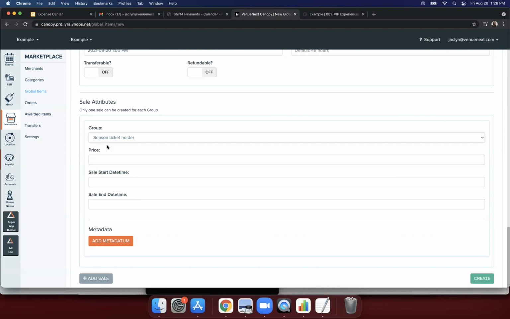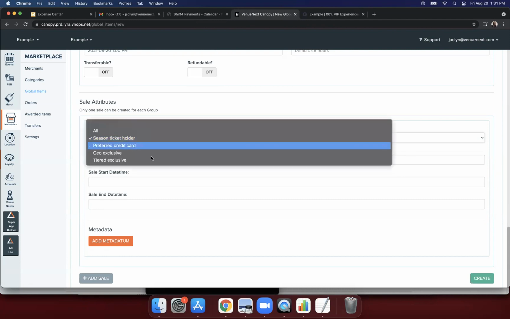But if you've got, say, Ticketmaster, and I was part of the season ticket holder group, I would be able to redeem something versus somebody who's not part of a season ticket holder group. So it's just a way that you can set the experience for certain individuals, but you need to be able to integrate with us. If you've got further questions about season ticket holder and honestly tiered experiences, you can also reach out to us and we can give you further information,